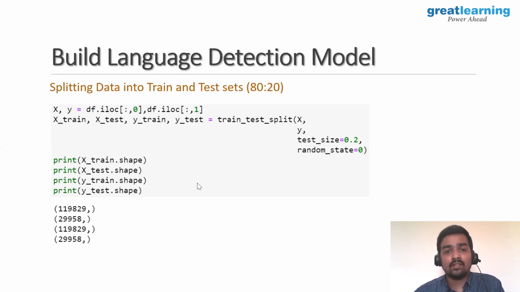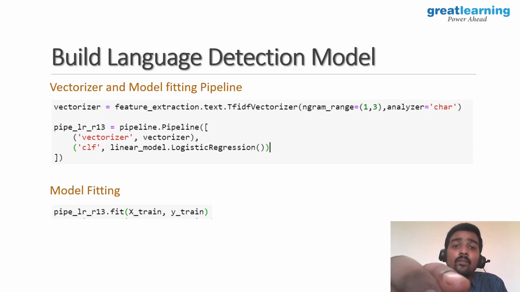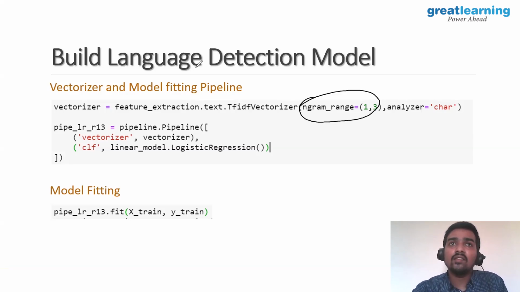Next we'll see how to do the vectorization. We have used n-grams and prefer to use TF-IDF here because it is working really well. If something is working well in a simpler way, we need not go to complex forms, right? So we have chosen TF-IDF here. But coming to n-grams, where have we used them? If you see here, let me explain. You can see the additional parameter in this TF-IDF, which is n-gram range. What is this talking about?